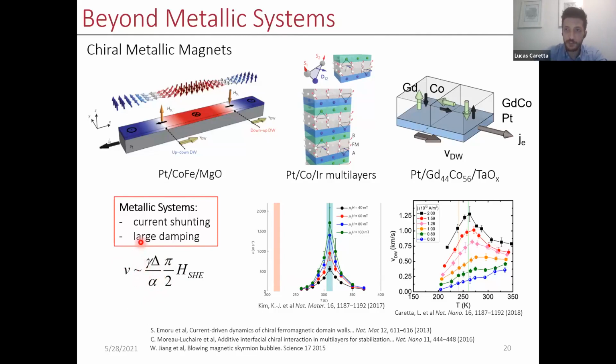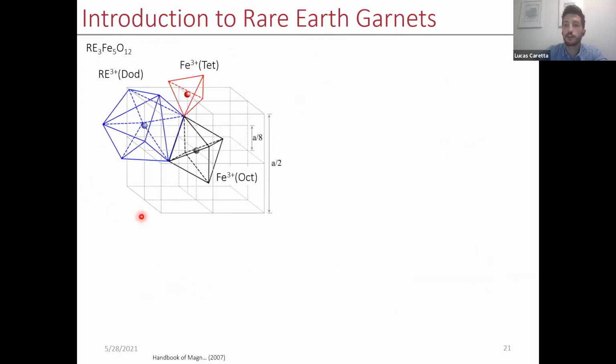But very fortunately, just through materials engineering and material selection, we can vary this parameter by several orders of magnitude, thereby increasing the domain wall mobility by several orders of magnitude as well. This is a very tunable materials parameter that we can use to our advantage. Insulating systems are well known for having low damping, and in particular, rare earth iron garnets are famous for their low damping, and they're often taken advantage of for it.